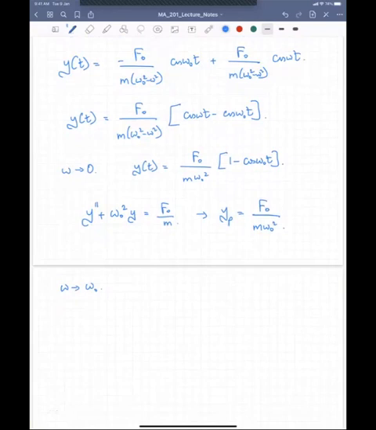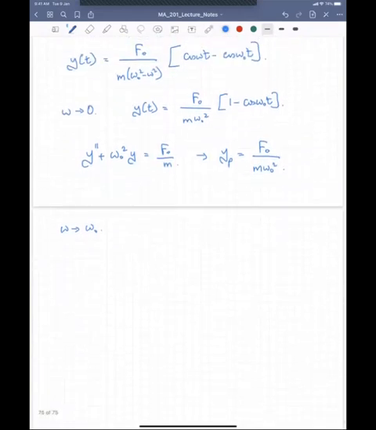So the oscillations blow up. Of course, I also have a 0 over 0 form. So you know how to take the limits in these cases properly. So if you take the limit, omega goes to omega 0 of y of t, you get limit omega goes to omega 0. You can use any of your rules. You basically differentiate the numerator and the denominator and then take the limit, right? So in this case, you get,